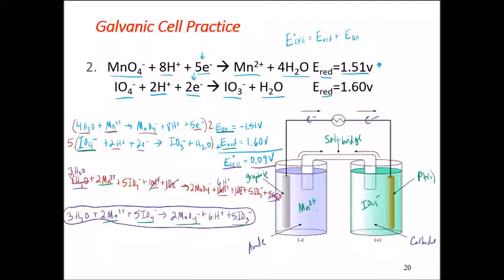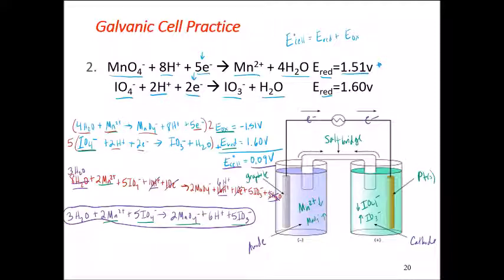As the reaction runs, the manganese 2 will decrease, and the permanganate will start to build up in here. And then on this side, the periodate is going to start to decrease in concentration, and then the iodate will start to build up in terms of concentration as the electrochemical cell, the galvanic cell, proceeds towards